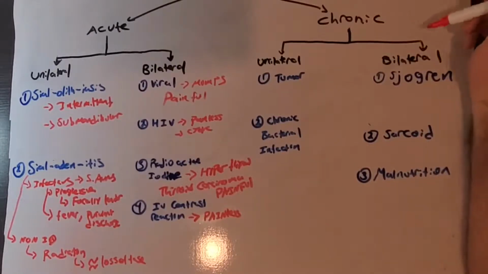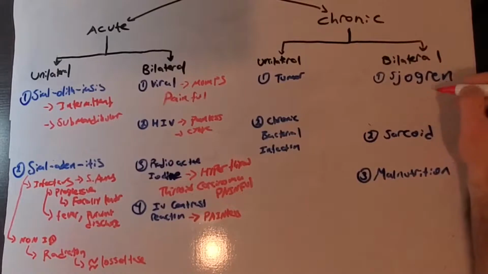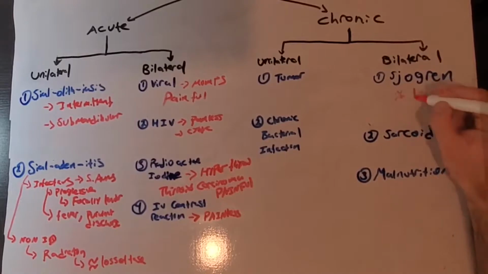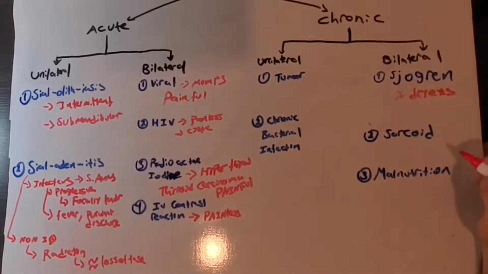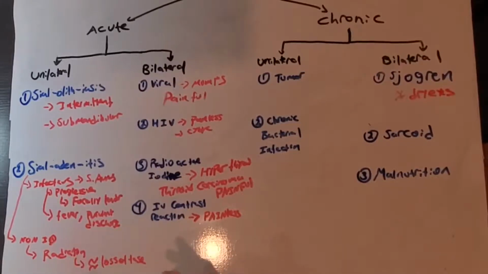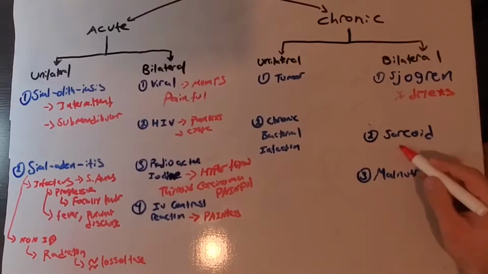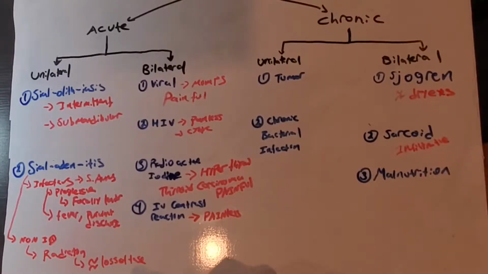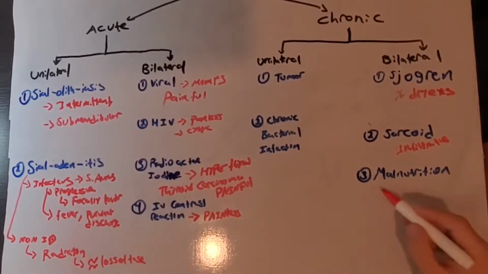And speaking of dry mouth and bilateral causes, we have an autoimmune cause, Sjogren, classically. Perhaps there'll be associated dry eyes, and maybe in the question stem they'll give you someone with rheumatoid features, if they're nice. The second on the list is sarcoid. This is an infiltrative process, and perhaps the question stem will tell you that the patient got an x-ray and saw classically the bilateral hilar adenopathy. And lastly, malnutrition or